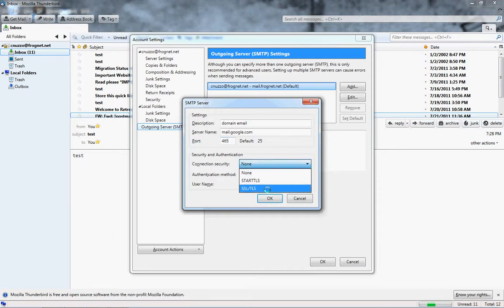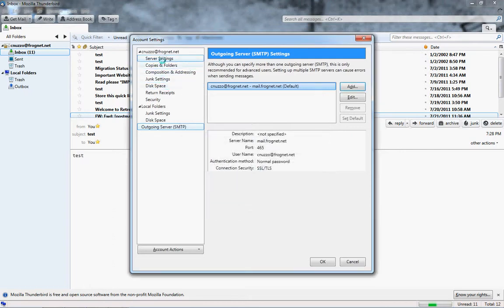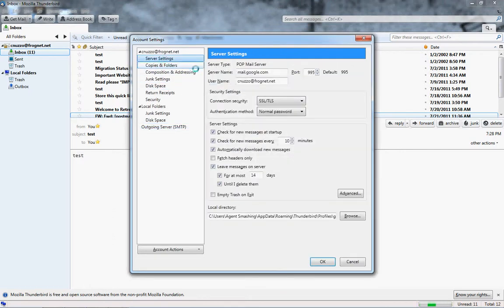The security needs to be SSL/TLS, and the authentication method is normal password. The username needs to be the full email address. So if it was john@google.com, I would need to put john@google.com. Once I click OK, you can come back in here into Server Settings, click on Advanced,